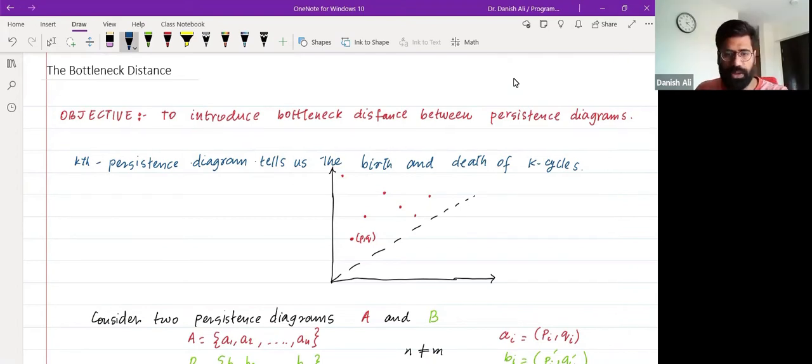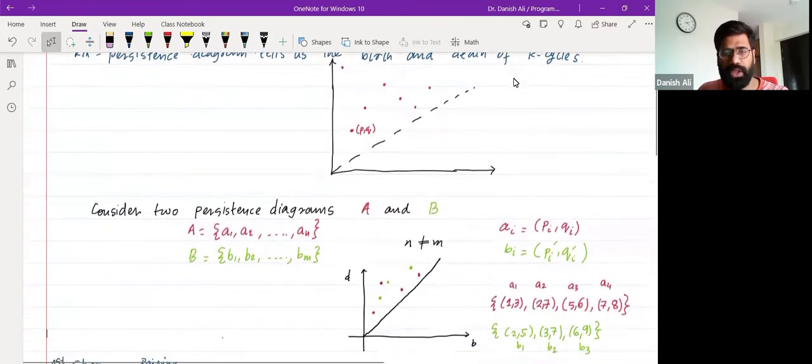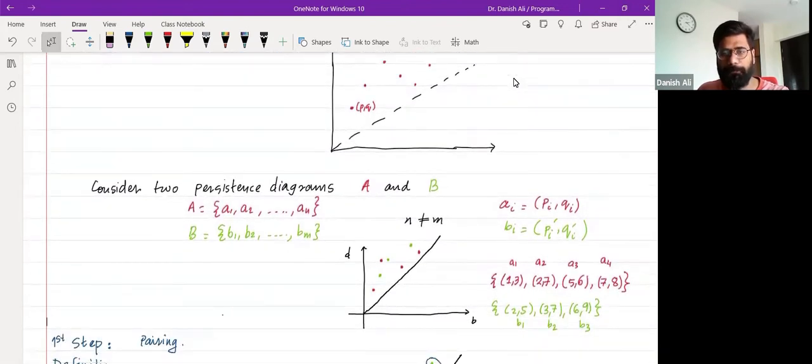So let's start by considering two persistent diagrams, A and B. We have two persistent diagrams, the red one and the blue one. It is not necessary that they have an equal number of points. So I am taking here n number of points and m number of points. For example, A is (1,3), (2,7), (5,6), and (7,8), and the persistent diagram B consists of the